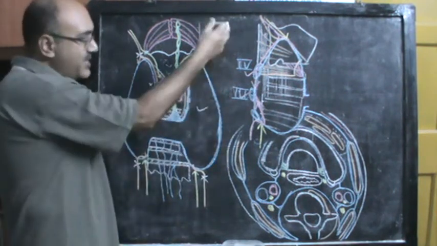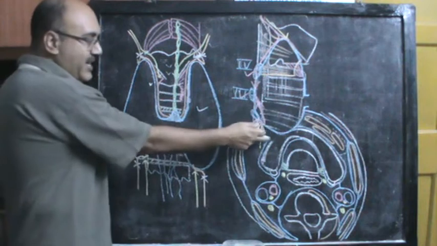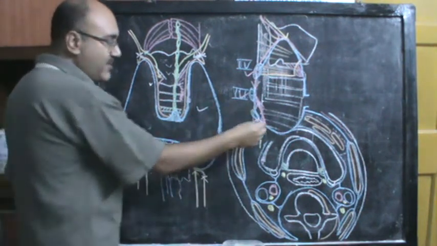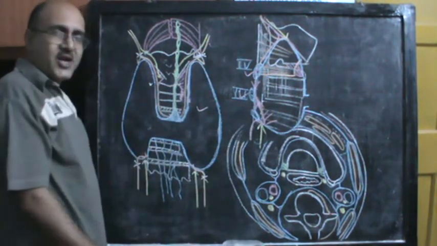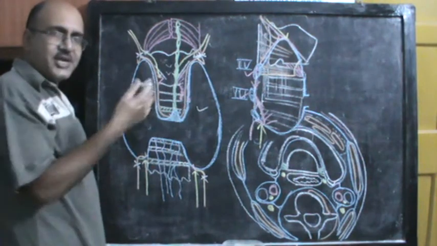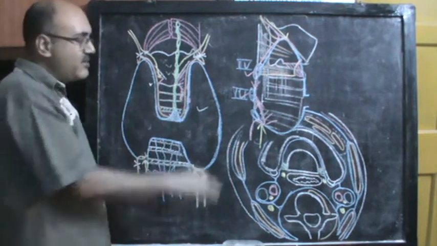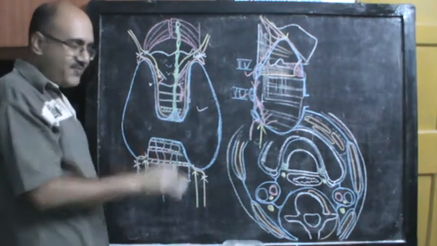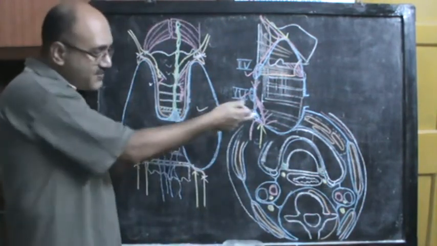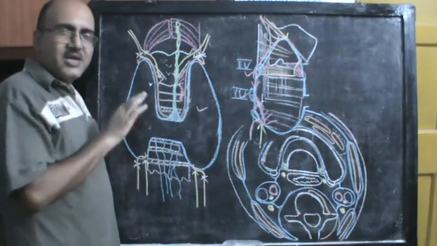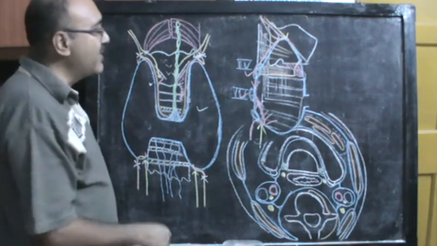So when you are actually dissecting along the posterior border of the thyroid gland, you must first isolate the recurrent laryngeal nerve, dissect out the branches of the inferior thyroid artery actually going into the gland, and isolate and preserve the parathyroid glands. If you cannot preserve all four, at least try to preserve three or at least two. And if you can identify them or you have cut them out, then those parathyroid glands you have to still preserve them and try to embed them within the sternocleidomastoid muscle, hoping that they will derive some sort of nutrition from the good blood supply of the sternocleidomastoid muscle. That is the reasonable thing to do anyway.